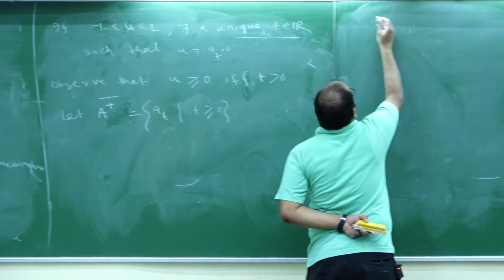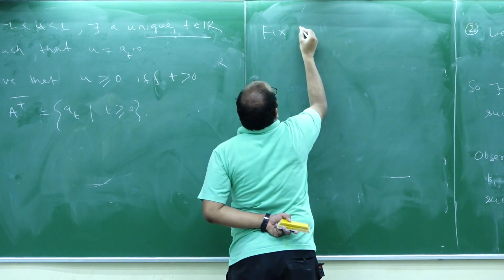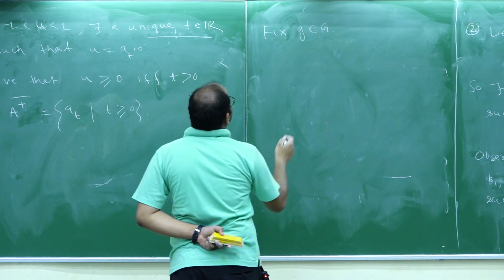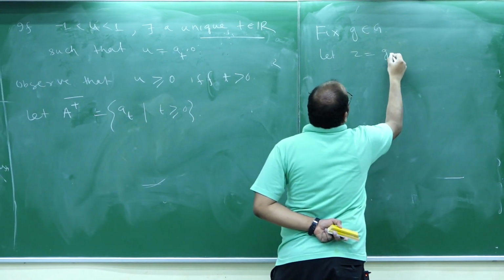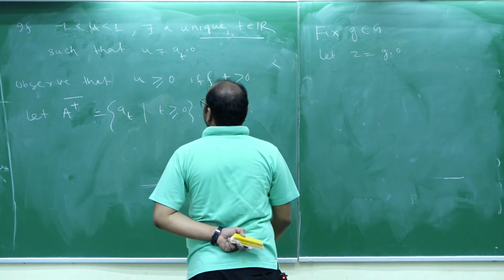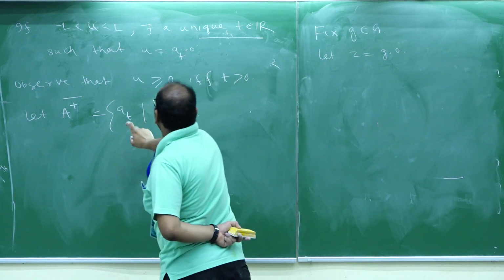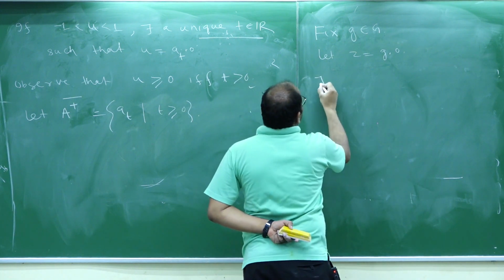Now this is the thing. First fix g belonging to G. So that means let z be equal to g·0. So by this observation, there exists a